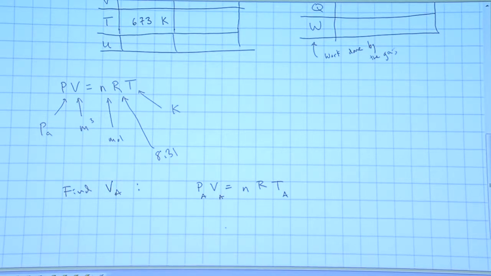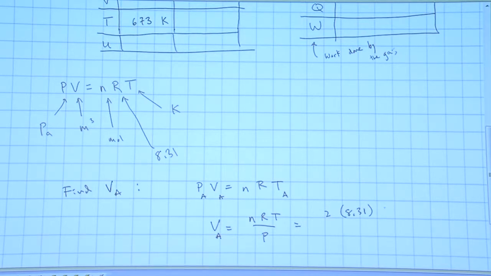The number of moles is not changing because our piston doesn't leak. So the number of moles is a constant, and that was given in the problem, 2 moles. So we're trying to find the volume at A, and that's going to equal nRT over the pressure,